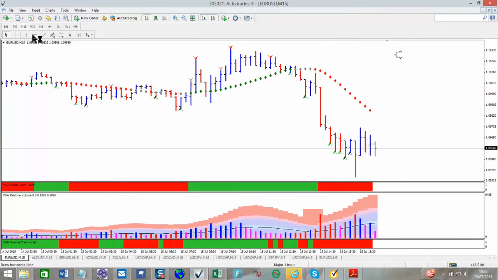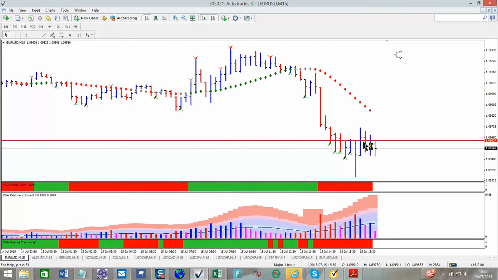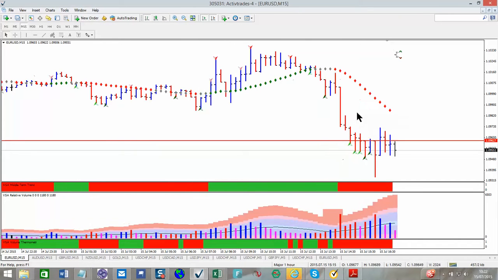So what we want to see is price break the top of this bar, which it has, but it's come back. We want to see it break the top of this bar, then test in this area. So we want to see a successful test in this area, which will be testing the supply on this bar. If we see a successful test at this area, then what I'm looking for is a change in behavior